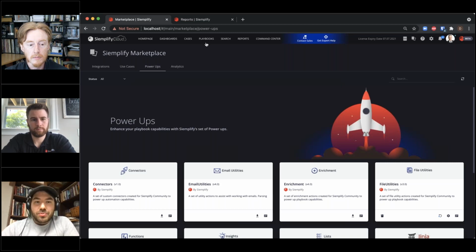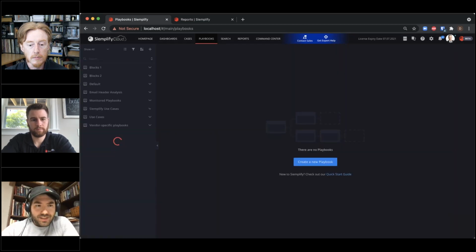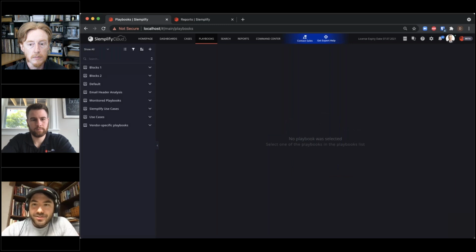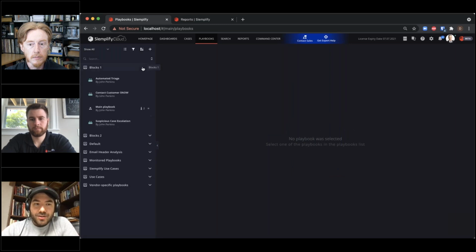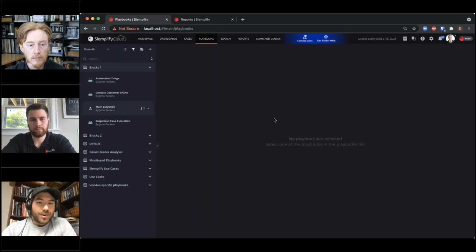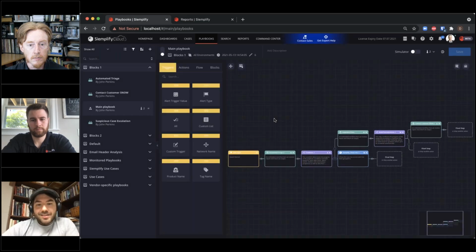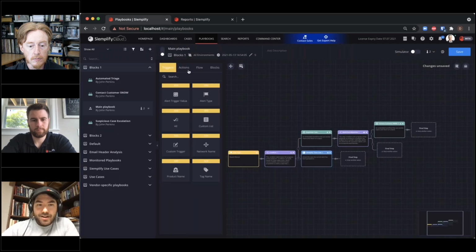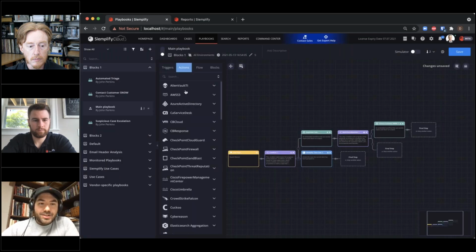And then you can go over into this playbook section and start to utilize the information that you just gathered or installed. I can click on my playbook and start to build out and customize it to really meet the needs of my organization. Maybe that's not this automated triage block, maybe that's something else. I can X that out and say, okay, I want to use maybe